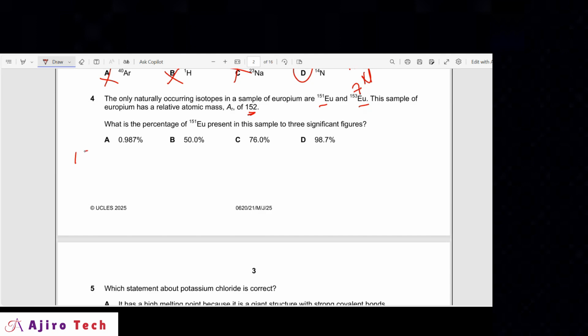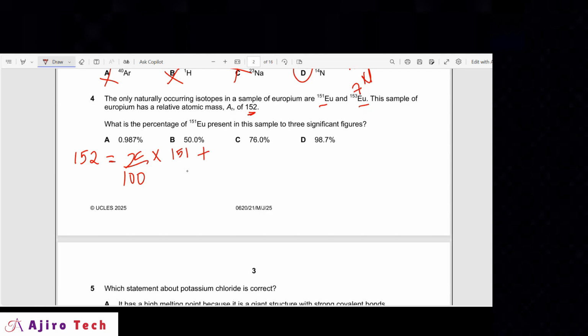So 152 equals, okay, the first isotope, europium-151. The percentage is unknown according to the question, so we can simply represent that as an unknown. Let's say X over 100, because it's a percentage, multiplied by the europium-151, which is 151,